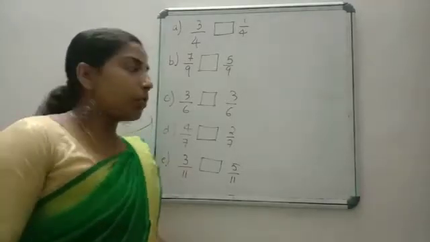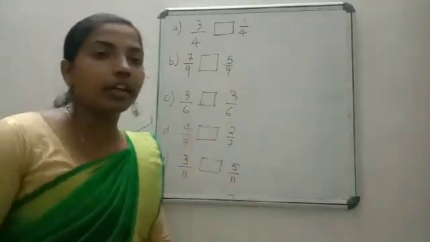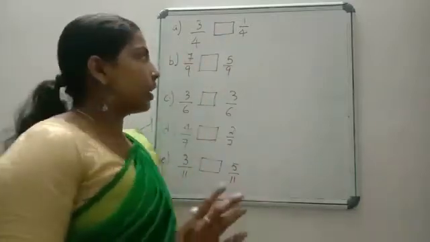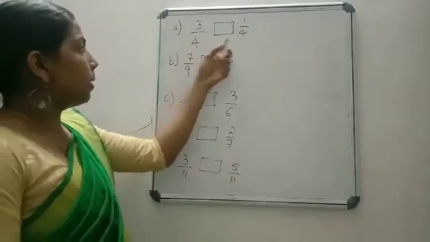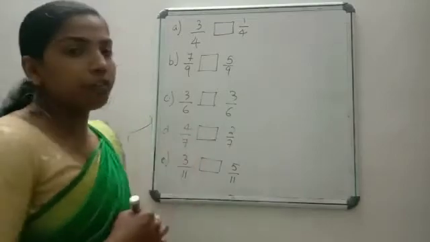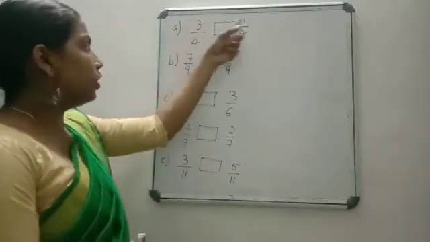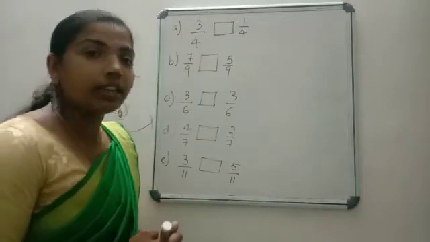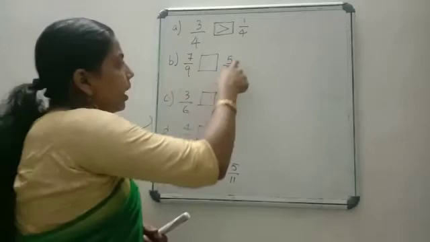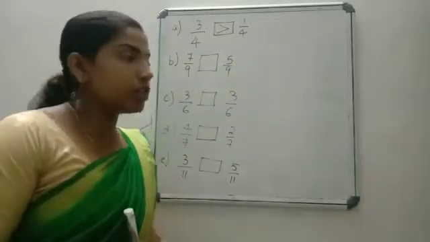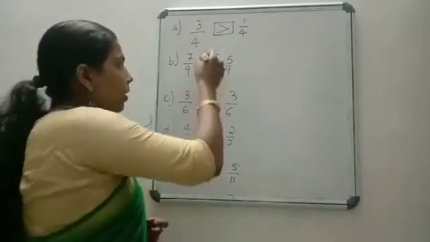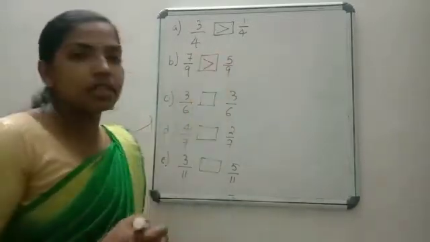Next also a similar question. The figure is not here but fractions are given here. Here you have to fill the sign with less than or greater than or equal to. Which sign comes, you have to fill it properly. See, both are like fractions, 3 by 4 and 1 by 4. Same denominator. Now we have to find which is greater or lesser. See the numerator 3 and 1. Which is greater? 3 is greater. So we can draw the symbol like this. Next, 7 by 9 and 5 by 9. Both are like fractions. So go to the numerator, 7 and 5, which is greater? 7. So open the mouth towards that 7.